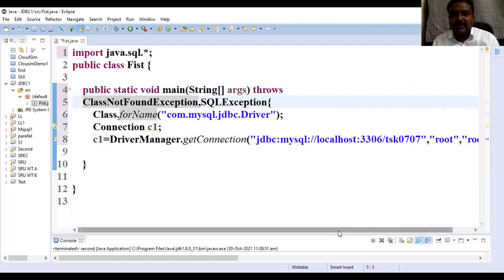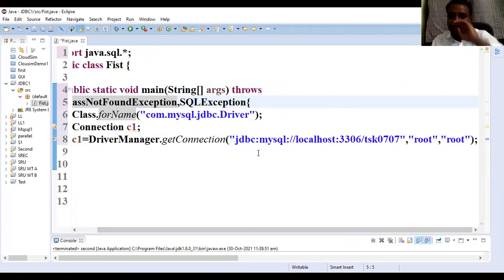Okay, so the first argument which we are going to supply there is jdbc:mysql://localhost:3306, and the name of your database is TSK0707. See, in this case, the localhost specifies where your database actually exists.